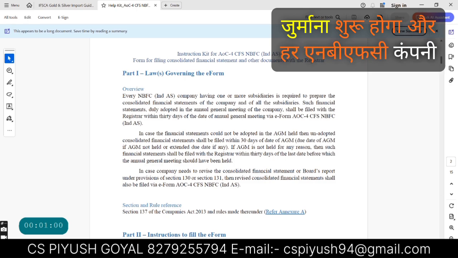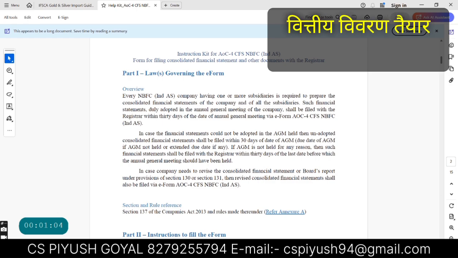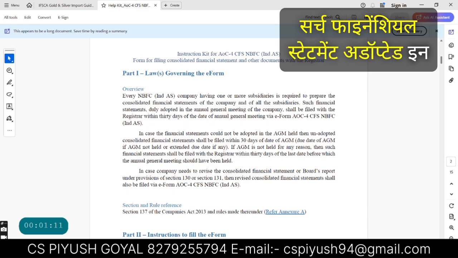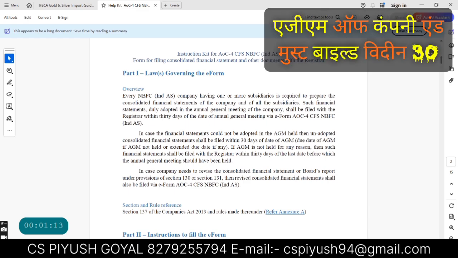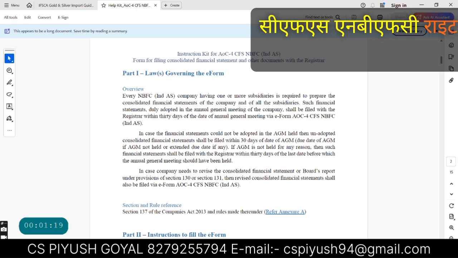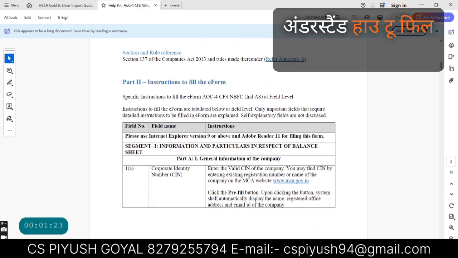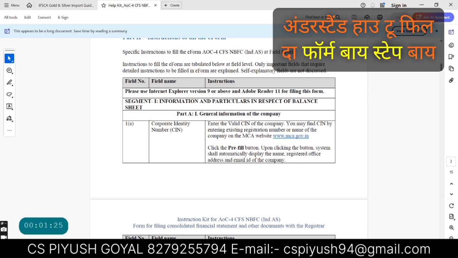Every NBFC company having one or more subsidiaries is required to prepare a consolidated financial statement of the company and all subsidiaries, right? Such financial statement adopted in the AGM of the company must be filed within 30 days of the date of AGM, in form AOC-4 CFS NBFC, right? Then we will understand how to fill the form step by step.